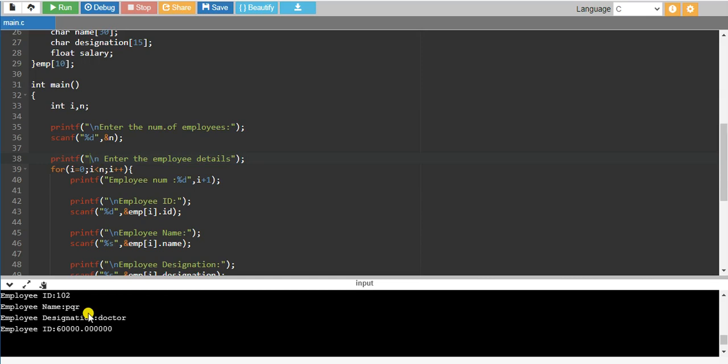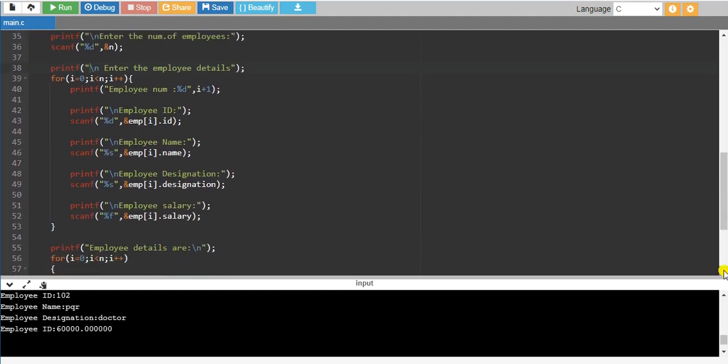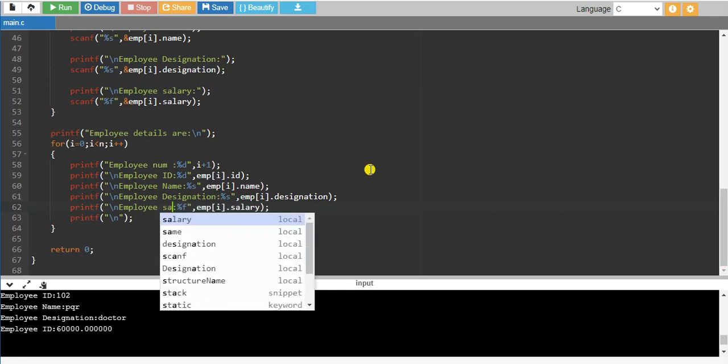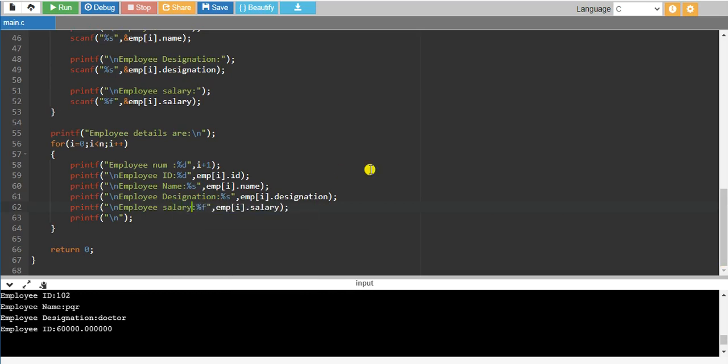here we have not changed that. So employee salary, that is the reason it is giving employee ID here. So just change it and rerun it once again and check the output once again. So this is all about this program.